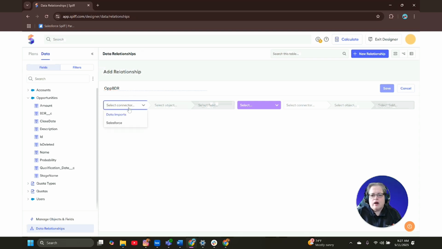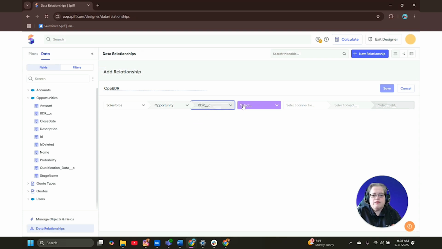Now, opportunities, my user objects often have many relationships going to them because you can have a relationship for every field that creates one. So you may have the opportunity owner, in this case, a BDR, sometimes an account manager, sometimes you'll have a referrer. So it's the type of field that's creating the relationship, not just the fact that it's a relationship between the object. So this is our Salesforce opportunity, and this is the BDR